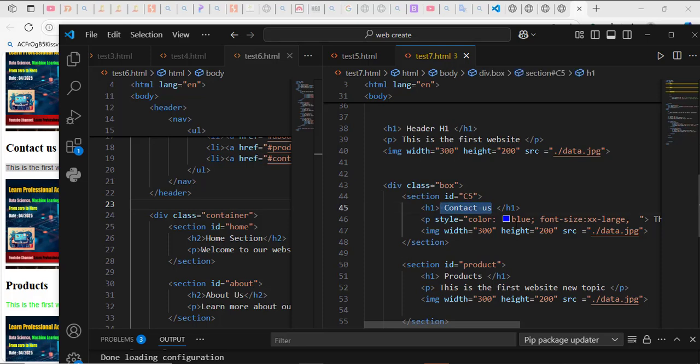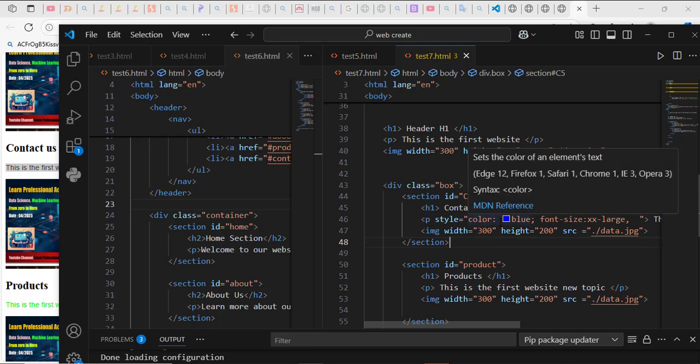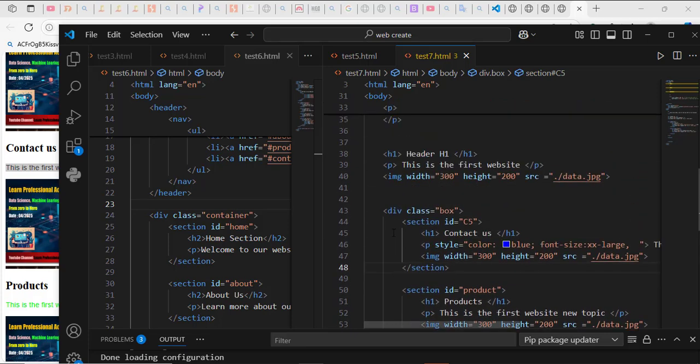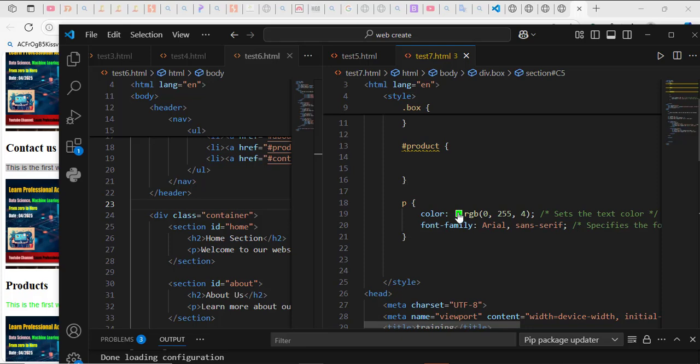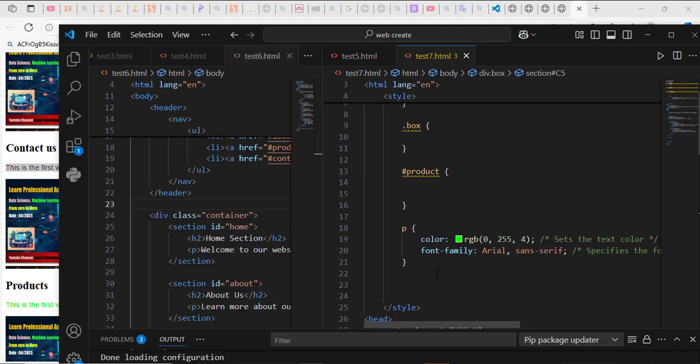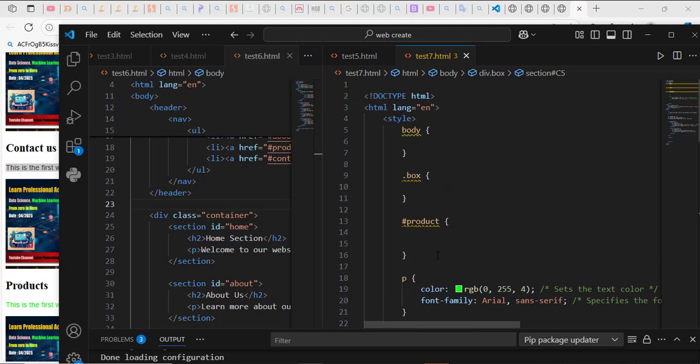I make the style inside the item itself, inside the P. That's why it's taken blue. But any B inside the whole body, anywhere, will take its style from the main style. So I showed you two types of styles. Also, what we can do,